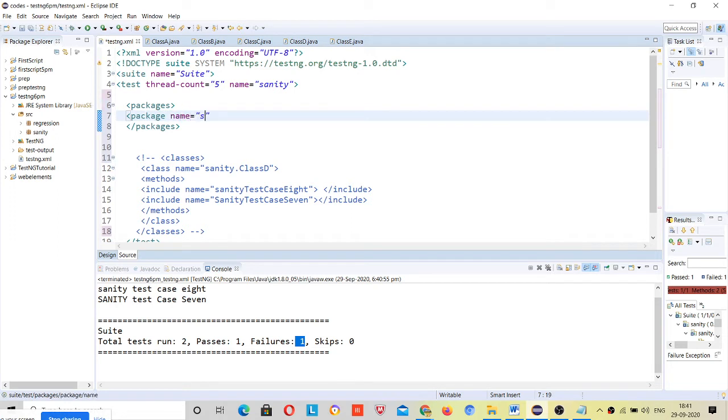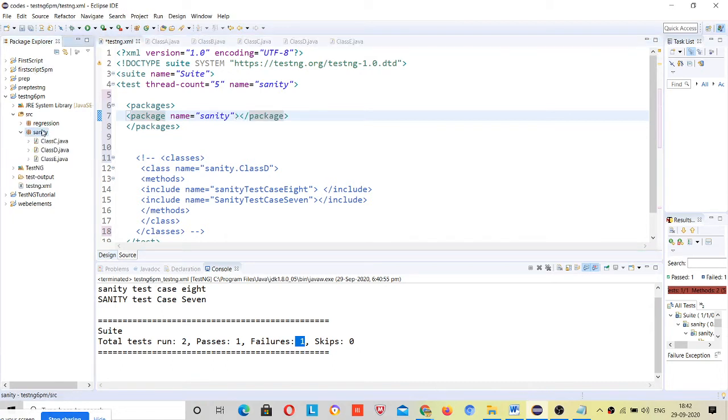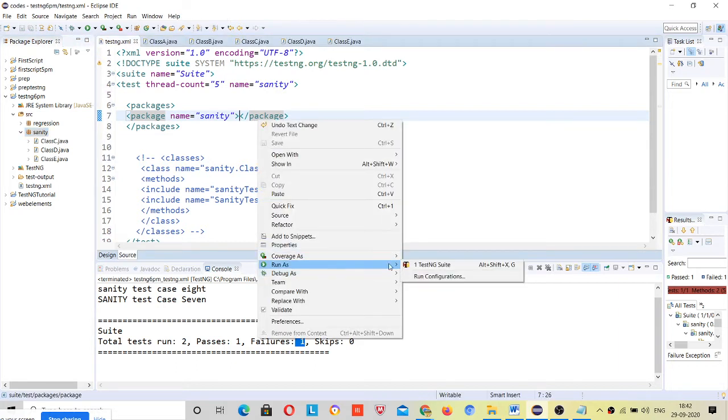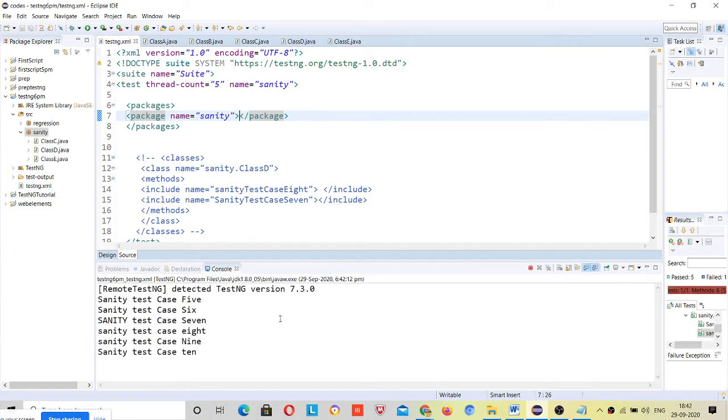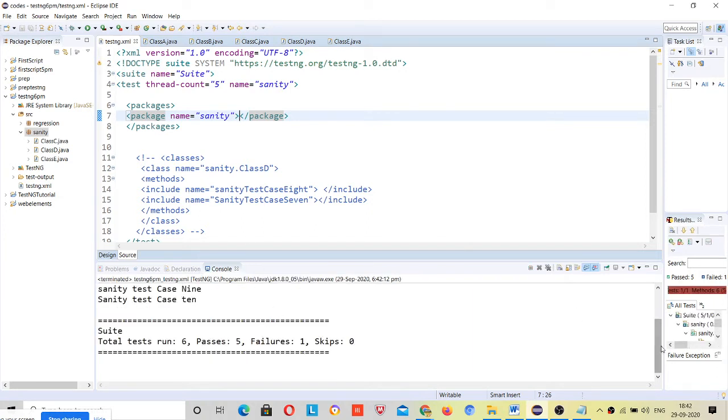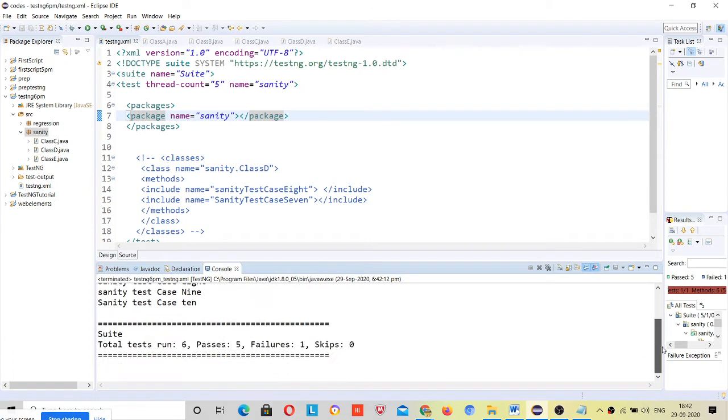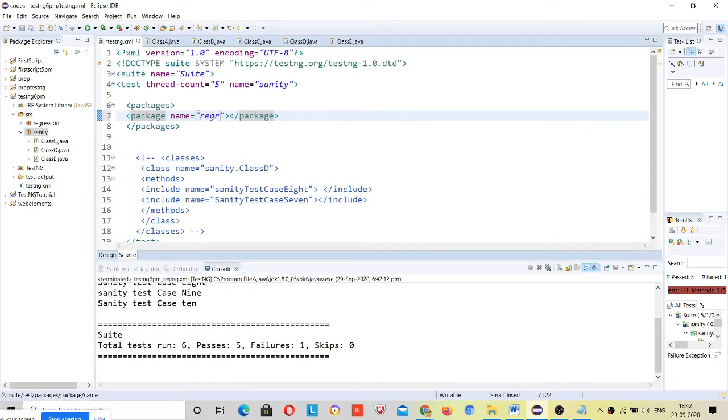name equal to, suppose I want to run sanity test cases, then I have to give the name of this sanity. This should match the package name, so spelling mistakes are not allowed here. Just run this, and all test cases present inside this package will run. Okay, if I want to run regression, just come here and change the name.